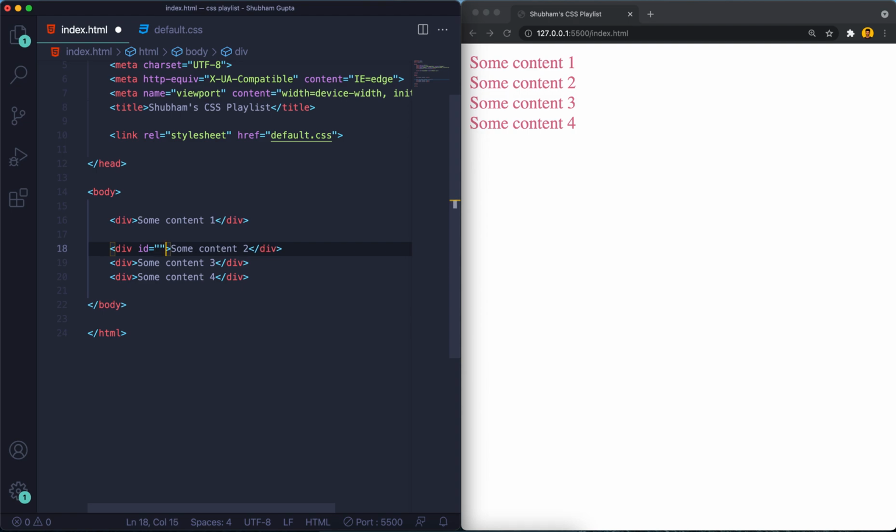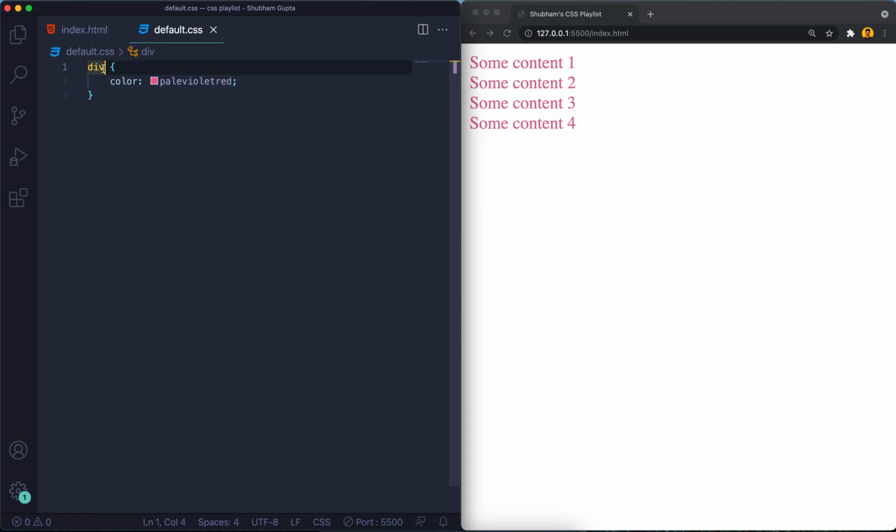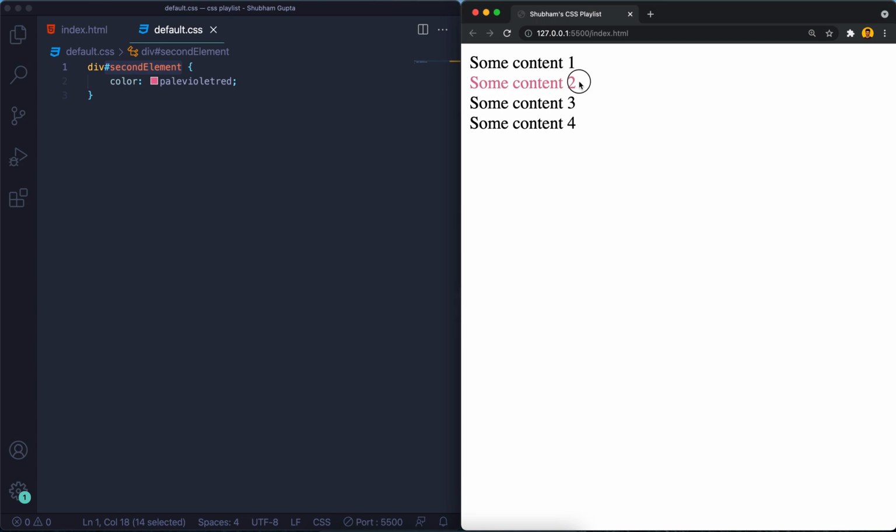So we can give the ID second element. And now we can use hash second element. The div which has the ID second element will get this property. You can see this stands out from the others.